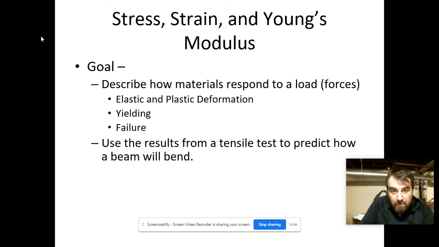I'm going to talk to you today about stress, strain, and Young's modulus. Young's modulus, we've already talked about it. It is the E in the FL to the third over 48 EI for beam deflection. So today what we're going to do is talk about how we get that number, because we've just taken it